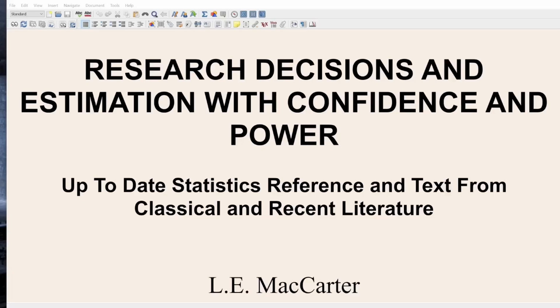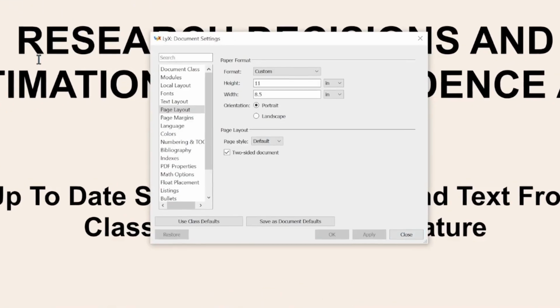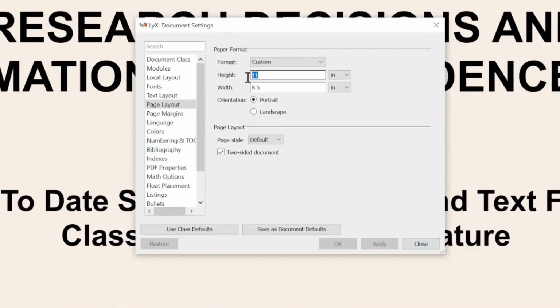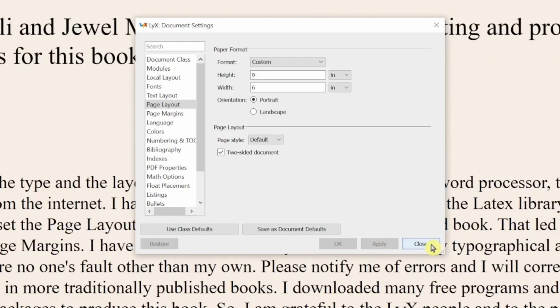To do this in LyX, I went to Page Layout to change my page size from 8.5 by 11 inches to 6 by 9 inches. That put less material on each page. In effect, that increased the number of digital pages in the Kindle book a lot. That also made the type look much bigger. The resulting page was more handily readable on small screens.